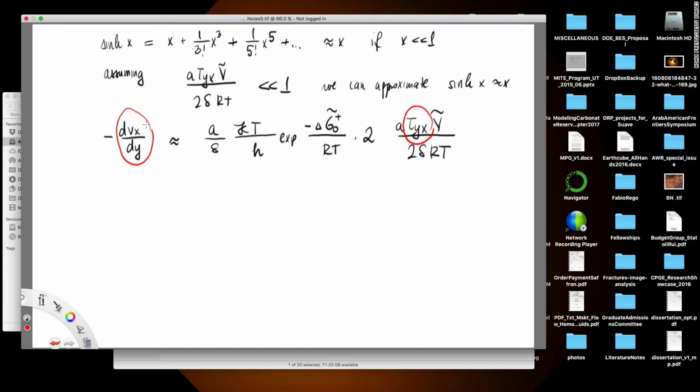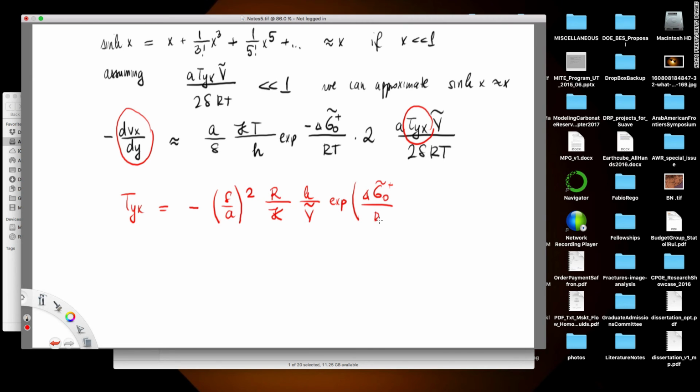So basically my tau yx is going to be minus, and I'm just going to put the clean term down, delta over a square r over kappa h over v tilde exponential of delta g0. Note that this went from minus to plus because